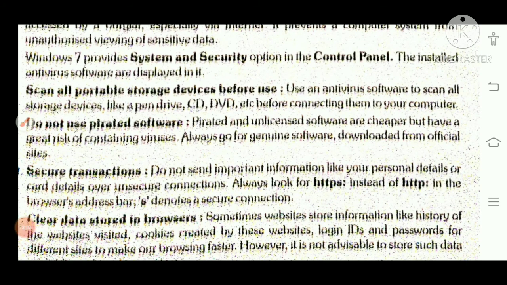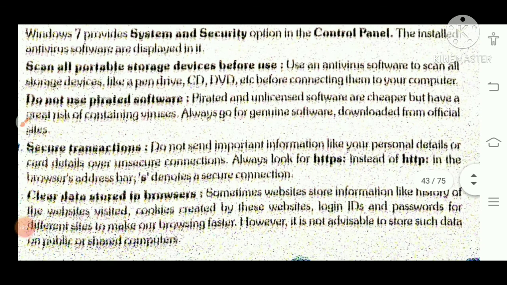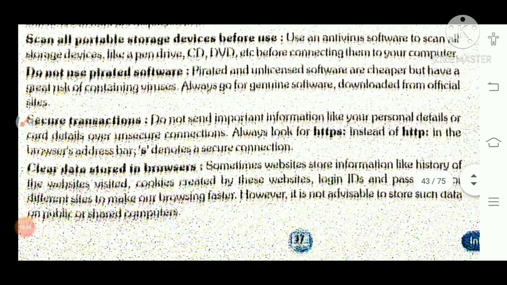It means that if you are using a pen drive, CD or DVD in your system, your first duty is to scan it and then use it. If you use it before scanning, it might contain a virus file, and with this your system will be damaged. And sometimes many software programs enter your system without your knowledge and collect your information, your ID and password, and provide it to their server.